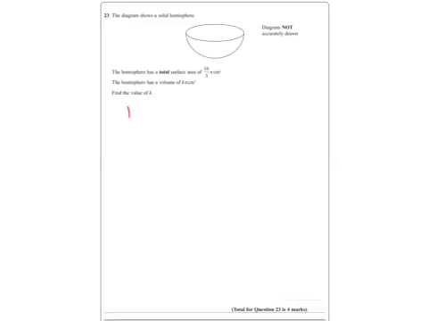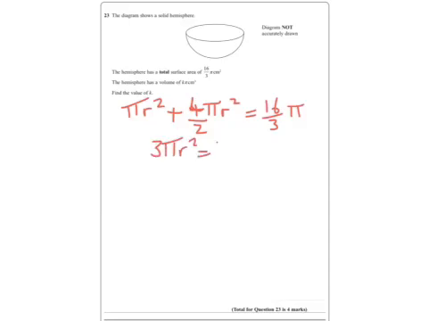We've got the circle on the top, so that's pi r squared, and we're going to add on the surface area of a whole sphere, which is 4 pi r squared, but we're going to halve that because we've only got half of it, and we know that's equal to 16 over 3 pi. Okay, so what we've essentially got there is 3 pi r squared equals 16 thirds pi, so we know that 3 r squared equals 16 thirds, which we know that r squared